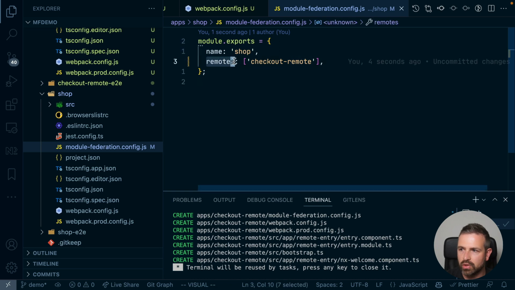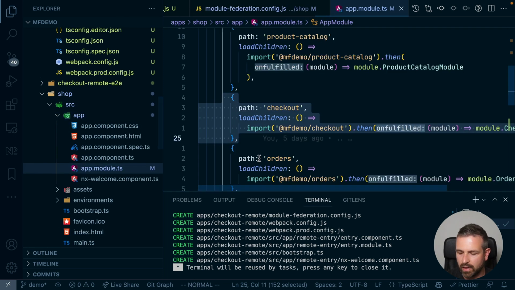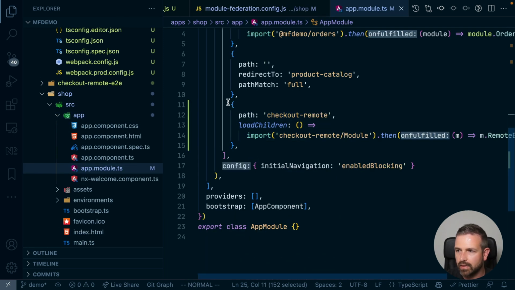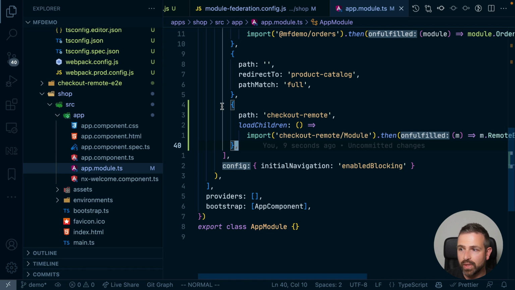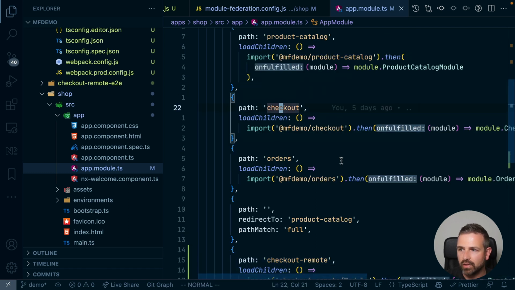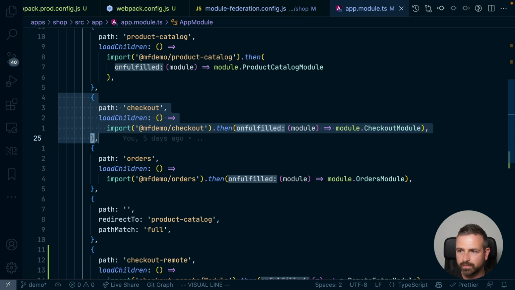So in the remotes array of our Module Federation host application, we see it already inserted the new checkout remote that we just generated. Furthermore, it also added a lazy route here that now loads our remote entry point that gets compiled via Module Federation. And so we can leave this and refactor our application by taking our original checkout route,